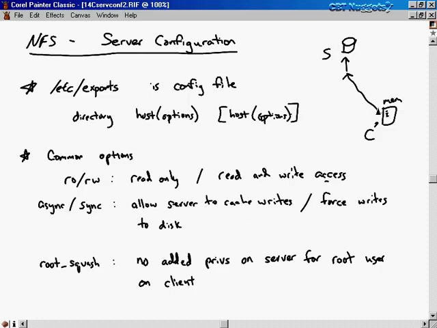There are fewer requests over the network for data to be written to the server's disk. The advantage of sync is that you know that the client machine's writes are written out to disk immediately, so the server machine's disk is as up to date as possible if you have sync. Okay, so you might want sync for some critical application, maybe like a banking application, where you would want all of your writes to be synchronized so that this disk has the most up-to-date information